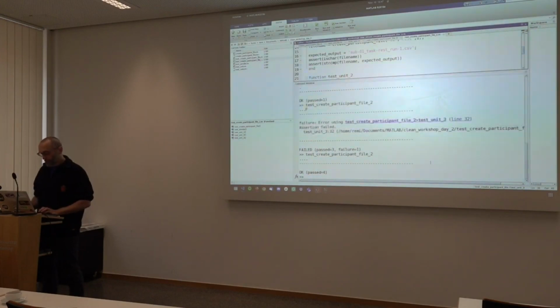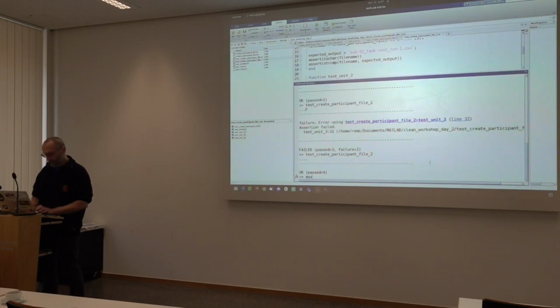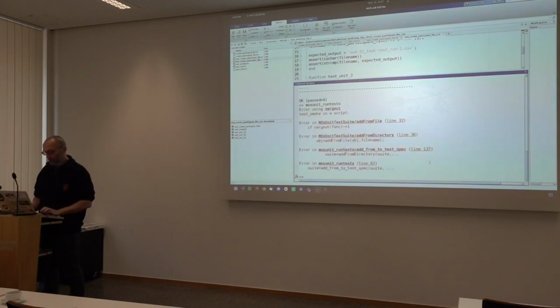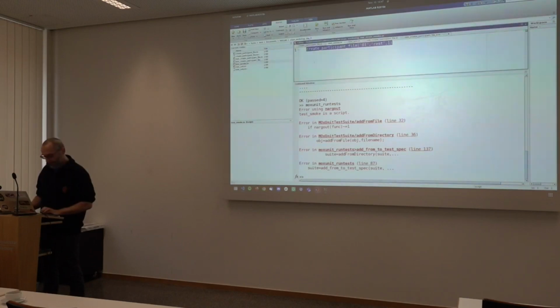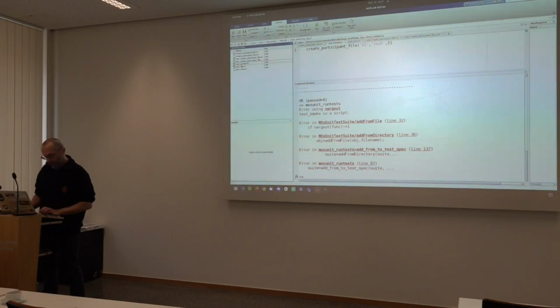So the way Mux unit works is that you can just directly type Mux unit run tests, and it will detect all the files in the current folder and then run all the tests. It will also detect that some of those files are scripts, and they should not be scripts because Mux unit is not happy with scripts. You know what we're going to do?